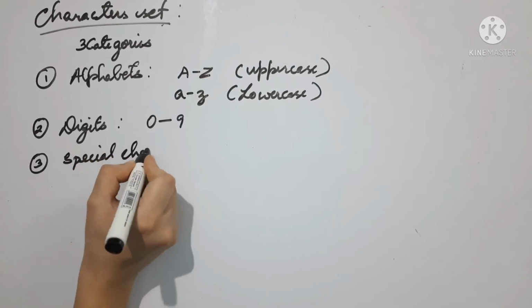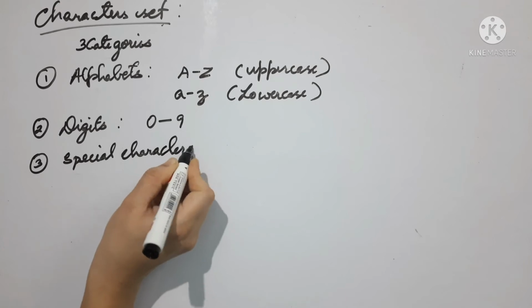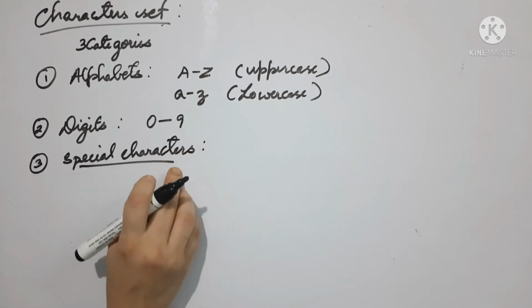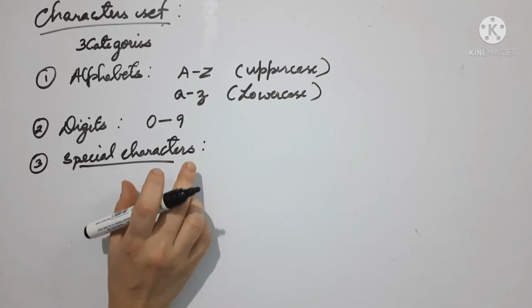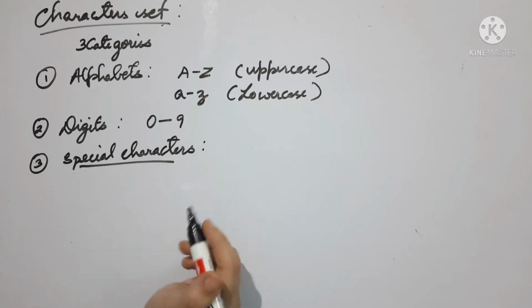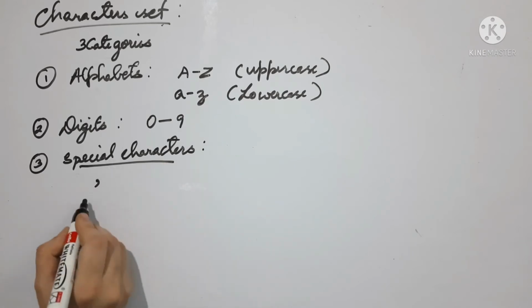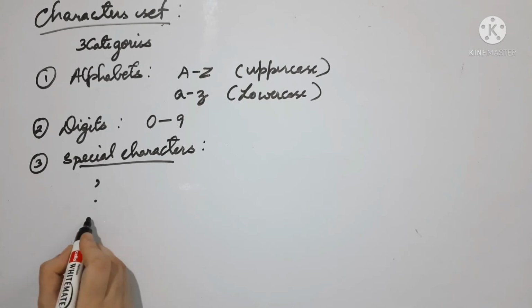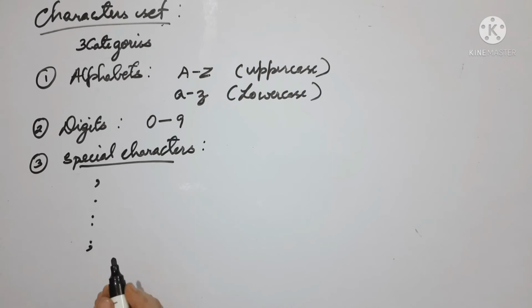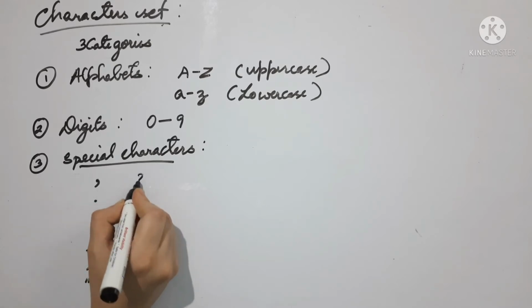Now, what are these special characters? Special characters are also called special symbols. You can call it a character or symbols. So, which all characters do we have? We have comma, dot, colon, semicolon, apostrophe, double quotation, question mark,